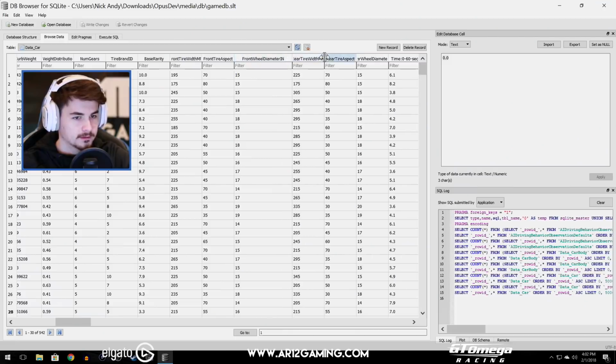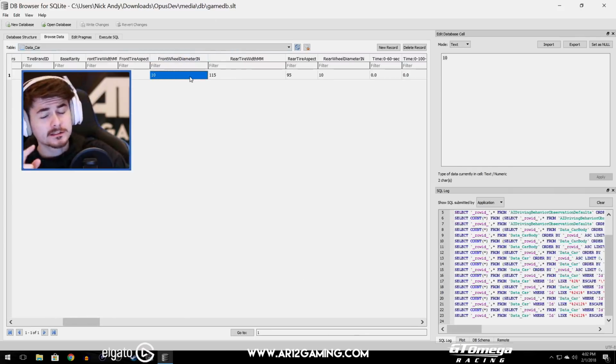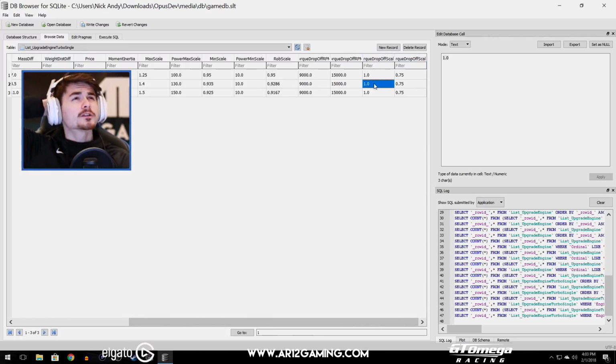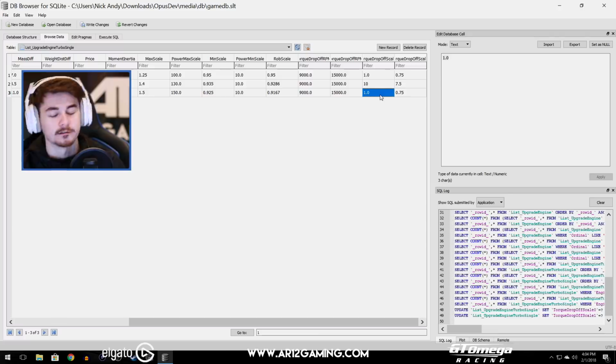Front wheel diameter, rear wheel diameter. Got it. Okay, so front wheel diameter, it starts out at a measly 10 inches. Anyways, let's make it 15. 15 seems like a good place to start. Anyways, motorbike engine. Let's find this. So it started off with 200 horsepower. So if we double that number, I don't know what would happen. You know what? Let's just make it 7.5, not 75. Oh dear. If we want a million, maybe